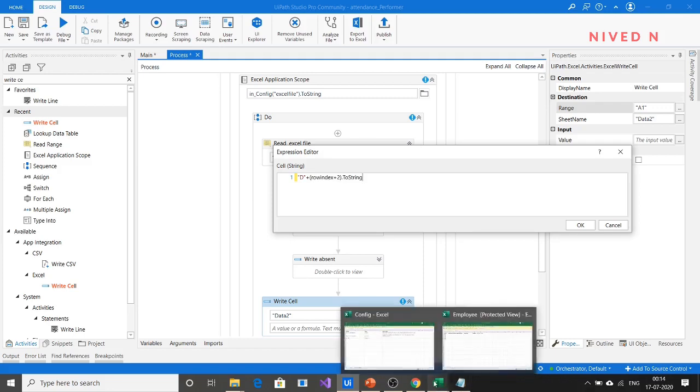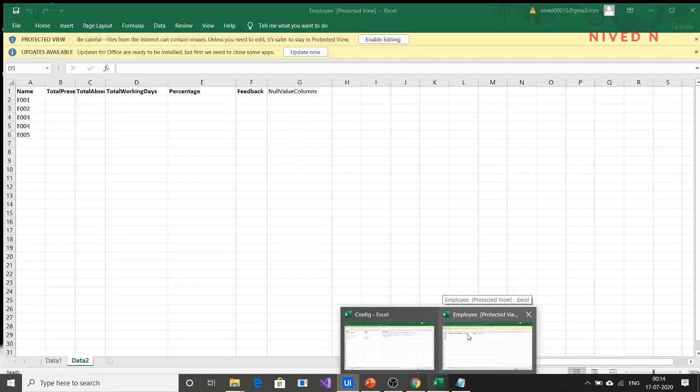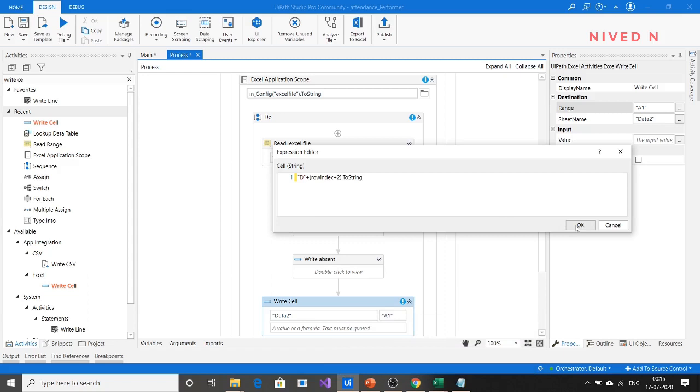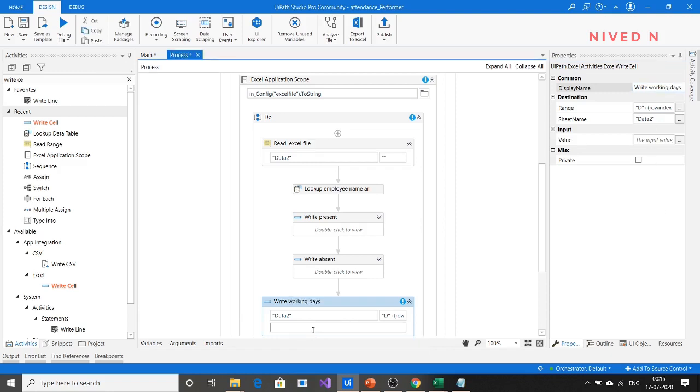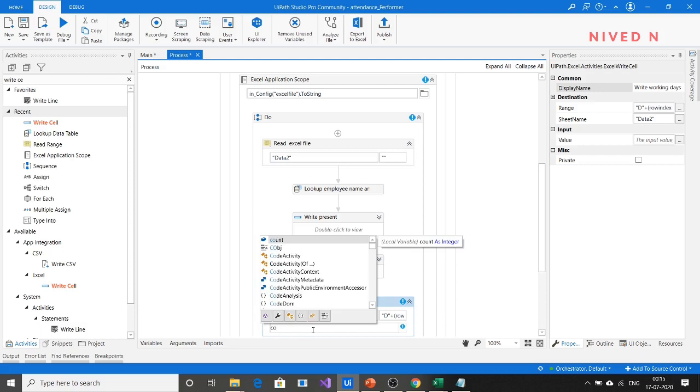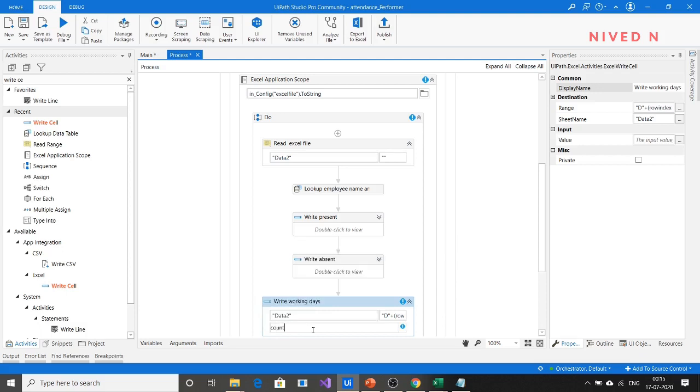Can check here. Yeah, D. Okay, so now give it a name. Let's say write working days. Now what is the value you want to input here? It is total working days. Since we know from our previous sequence that count is our total working variable, we have calculated from that. So we can specify count dot to string.